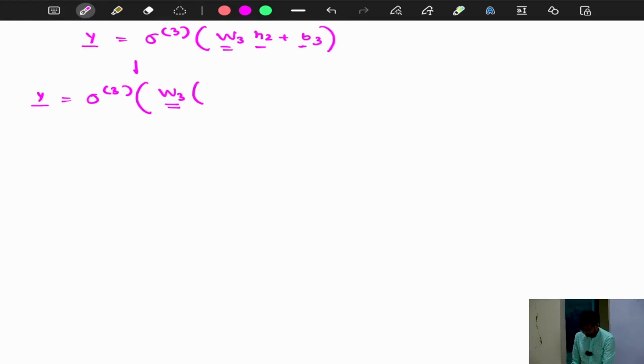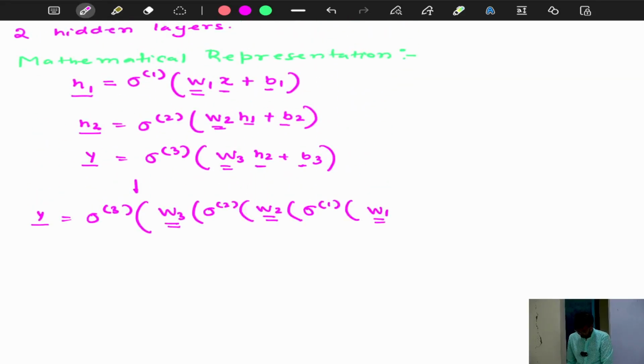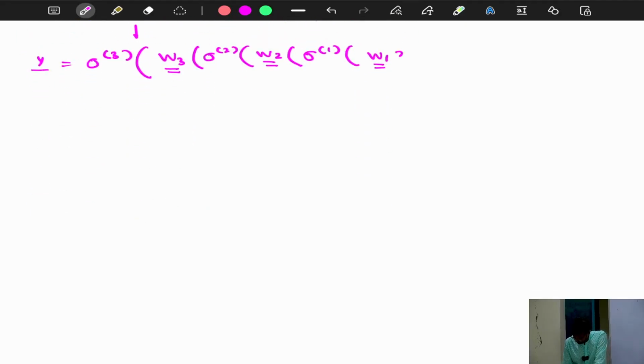So, it will be sigma 2, w2, and then sigma 1, w1, x, plus b1, plus b2,